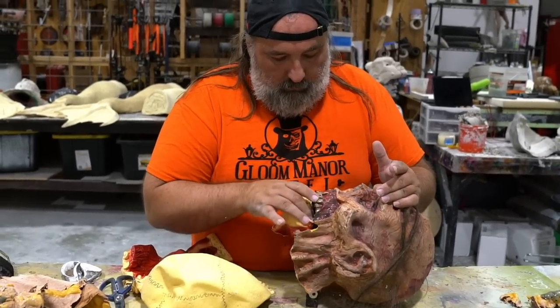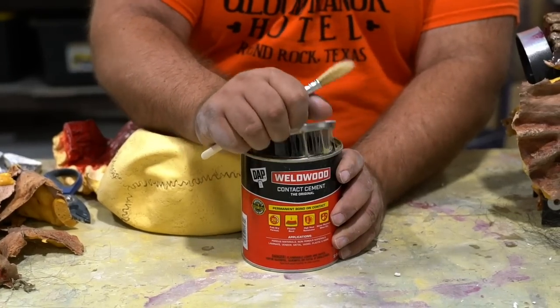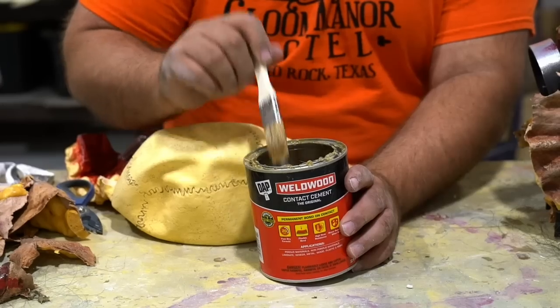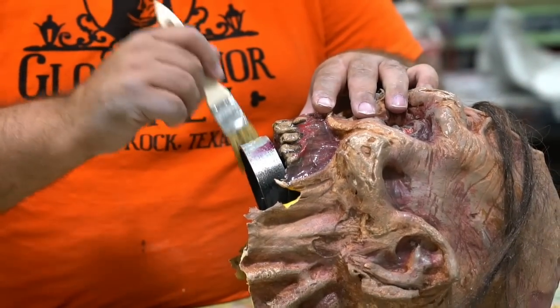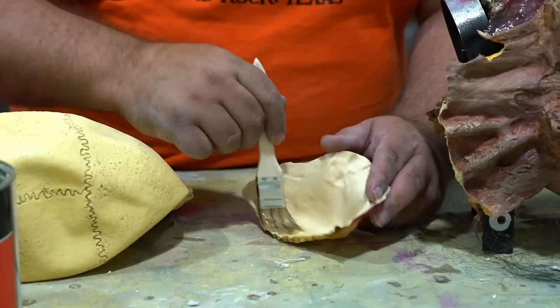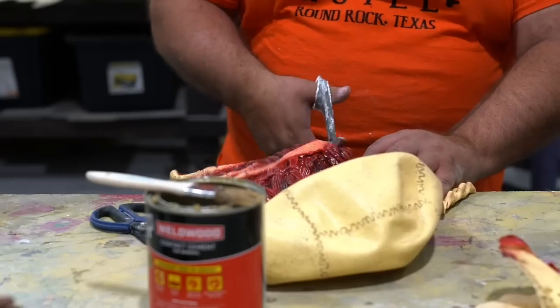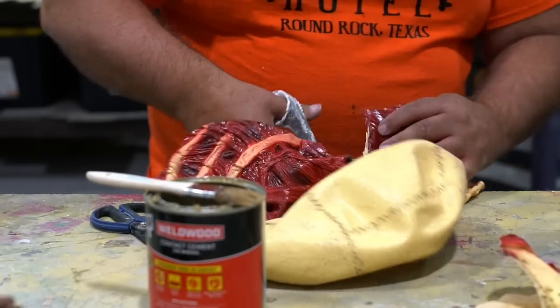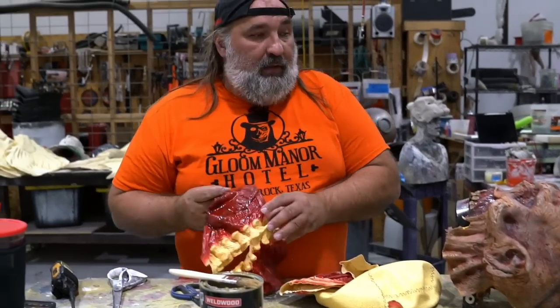And I decided to do the chin as a separate piece instead of one piece. Here's my good friend Weldwood contact cement. Use that in a well-ventilated area. And to use it, you put it on both pieces and you let that dry. I don't like wasting time, so while that bit is drying,